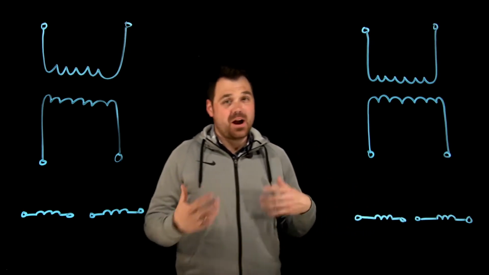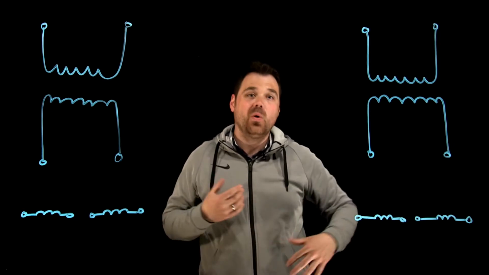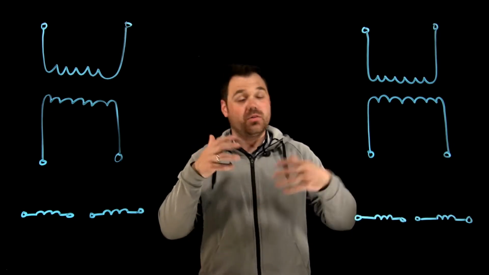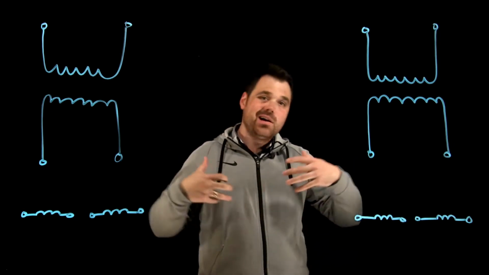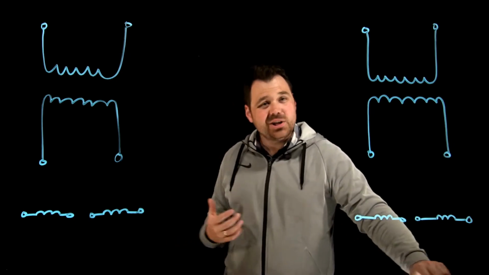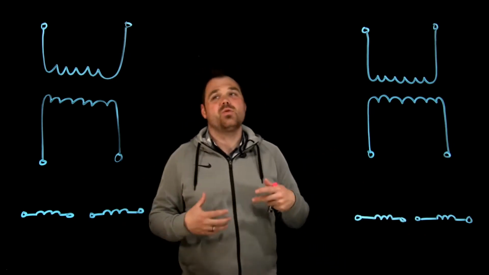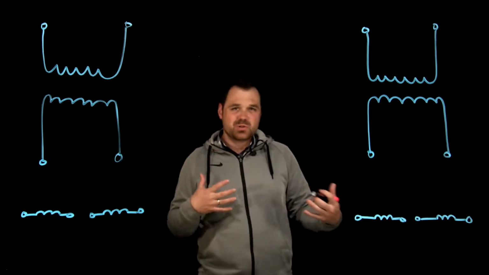Basically, this has to do with how the windings are wrapped around the core and whether the flux, or the current that causes the flux, works together or works apart from each other. It's not a huge factor in our day-to-day working with transformers, but it can be when you're paralleling distribution transformers and things like that.